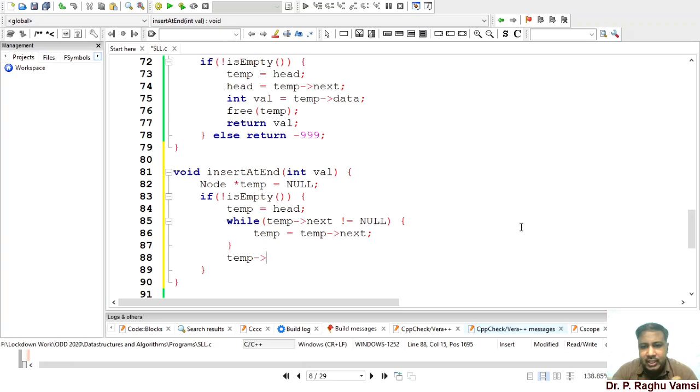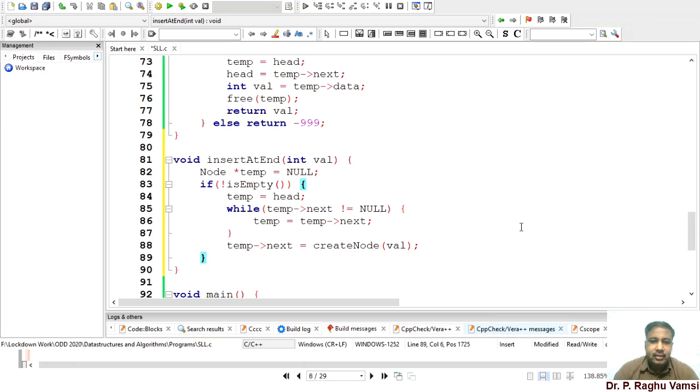Since we have moved till the end of the list, whatever the temp next is there, that is null currently. Temp next is equal to create node of the value. So the newly created node must be attached to the temporary next, so thereby the new node will be created at the end.